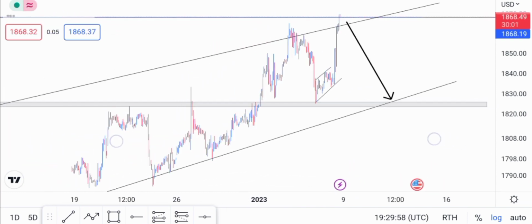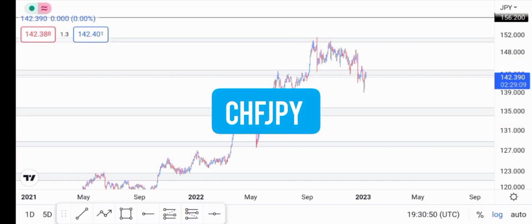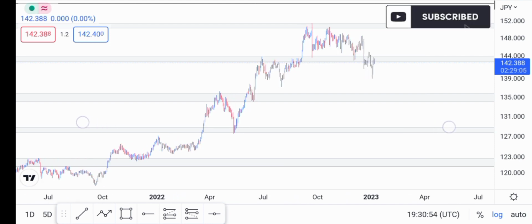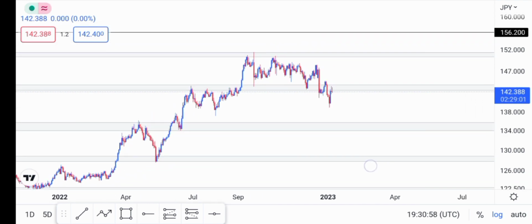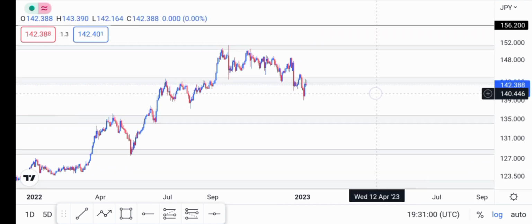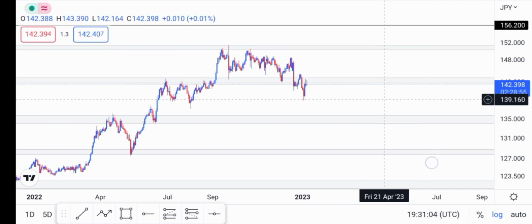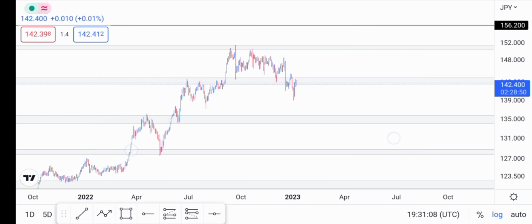So yeah, let us move to CHFJPY. Okay, so now we're on CHFJPY. I'll just zoom in a little bit. I've already laid out all the levels. This was our highest high. This level is significant. So now we are on this area here, and by the looks of things, we